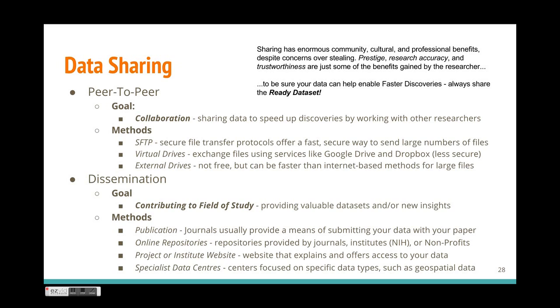is an enormous amount of benefit to you as the individual and to the community when you share your data. And in fact, it increases your prestige, it increases your research accuracy, and your perceived trustworthiness. So more people are going to want to work with you. And that's the reason why Simple Data Management is going to help you with a lot faster discoveries, because if your data can be used by other people, that means you're going to be collaborating more,